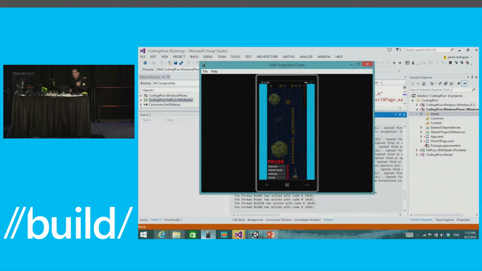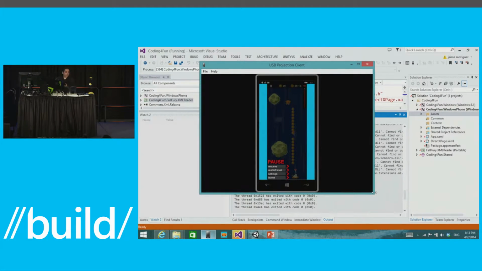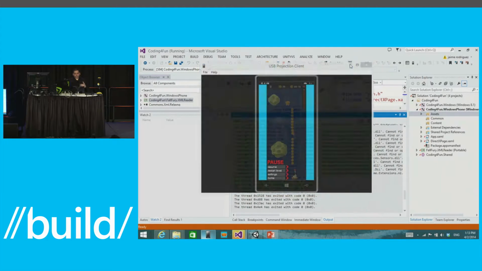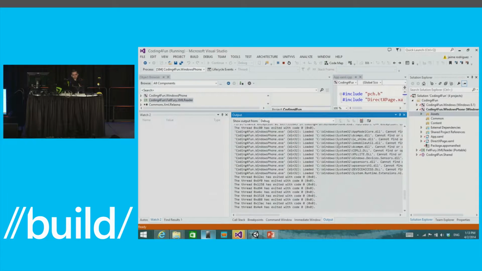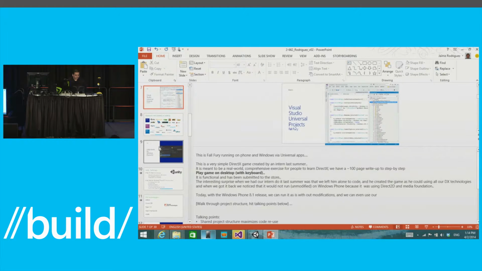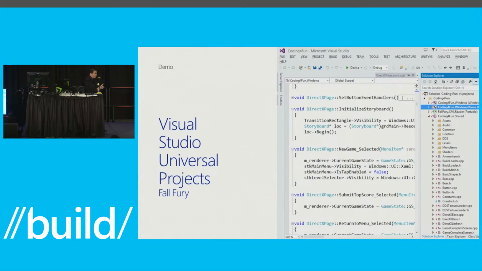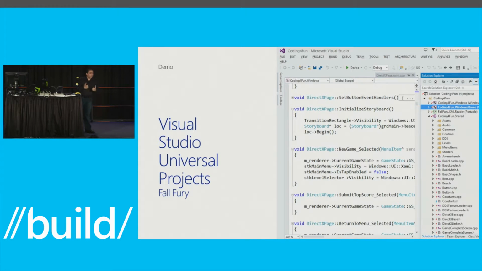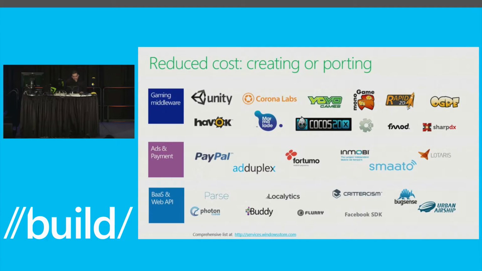If you have a game on Windows or if you have a game on phone, this is what you have to look forward to. You can go in there and start sharing code and doing really great optimizations and really great enhancements that are minor deltas to a big shared code base that you would actually have. So that's it for us seeing universal projects. I think after this week, you're probably going to be, number one, excited and sick of universal projects because you're going to see it throughout the week, right? Everybody's going to tell you, hey, this is where we're at, this is where we're going. I'm really, really excited. And I have to say, it works better for games. So keep that in mind as you go across.